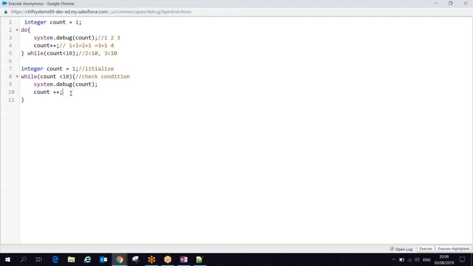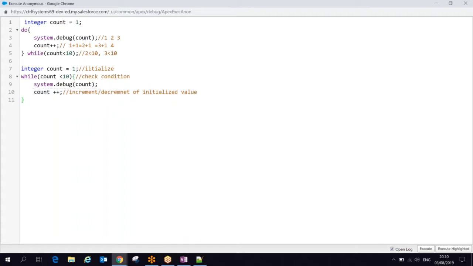Then I have increment, or you can say decrement of the initialized value. Correct? I initialize some value to a variable that I am checking here in the condition. Then I'm doing increment or decrement. So all this, initialization, checking of condition, and increasing or decreasing the value, I am doing in three different statements, three different lines. So in the for loop, what happens? The same while loop we can convert into a for loop with one statement.